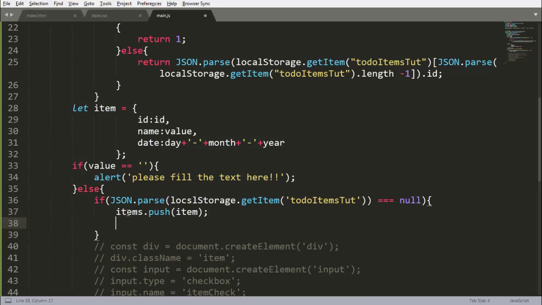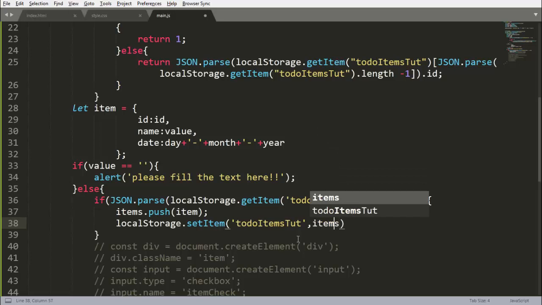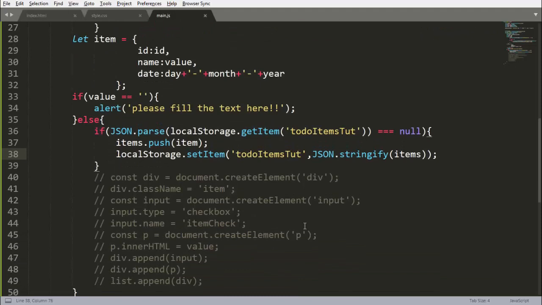So we are getting this, and now localStorage, copy this. Now we will set item here, localStorage.setItem, this items. So we need to stringify it in the JSON format, stringify. If you don't know about this localStorage, how I am doing this, and if you are having any errors, then please watch my previous series of Shopping Cart. I explained the basics about localStorage there. So I'm not going to explain very much of localStorage here.